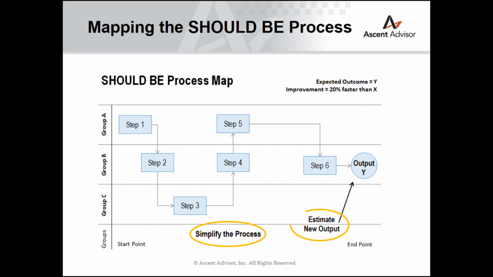By comparing and contrasting the as-is map with the should-be process map, we should see a significant reduction of steps with fewer people involved and more clarity. We should also see a significantly better output that the new process can deliver. As we run the process, both conceptually and through a live test, we may see a significant gain from the get-go.